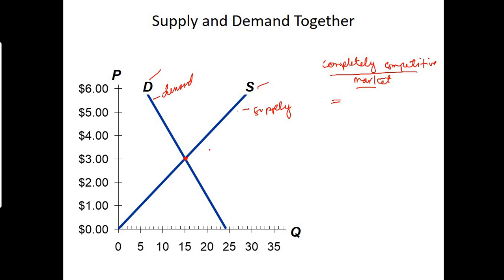Okay? So, the interactions of demand and supply determine the market price in a completely competitive market. In this particular example, nakita ninyo nga ang demand nga line mao ni, ang supply nga line mao ni, nag-interact sila. So, na intersection, this is now the equilibrium. Okay? Equilibrium